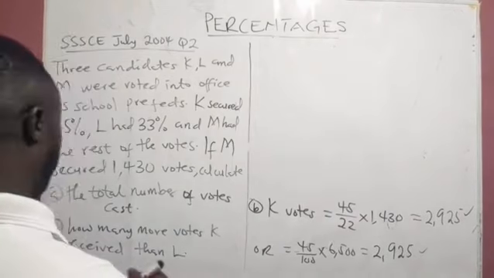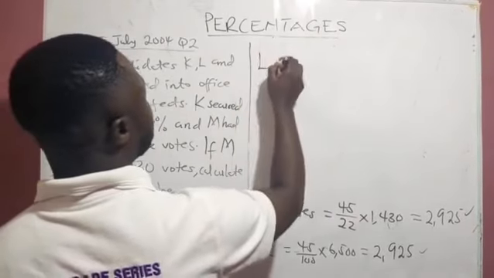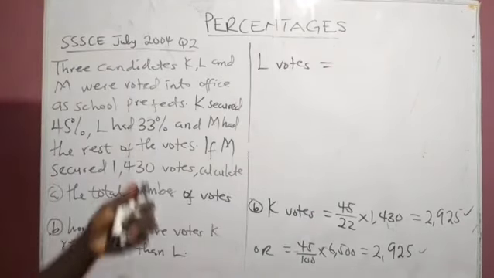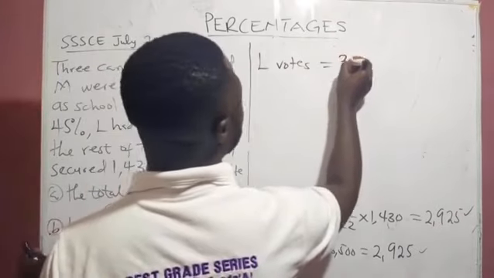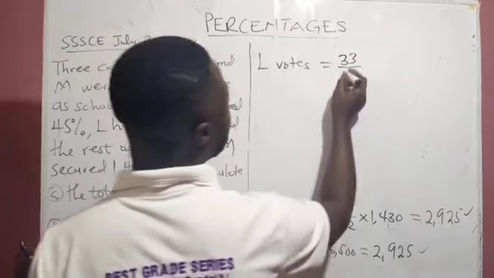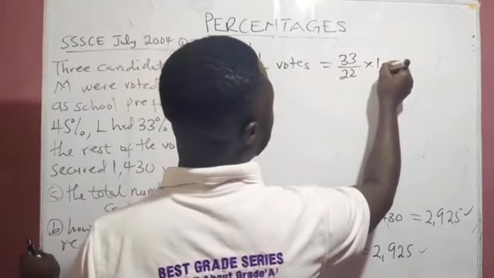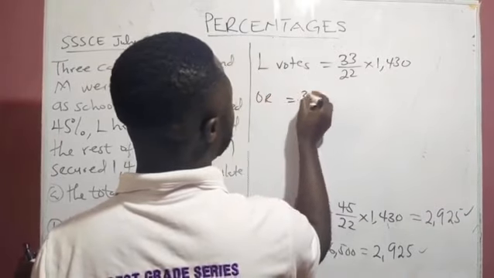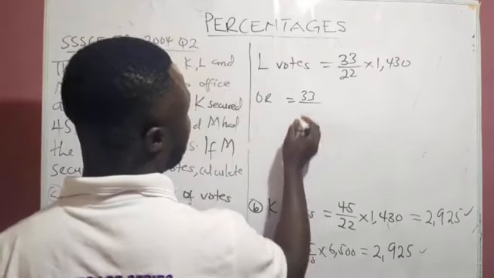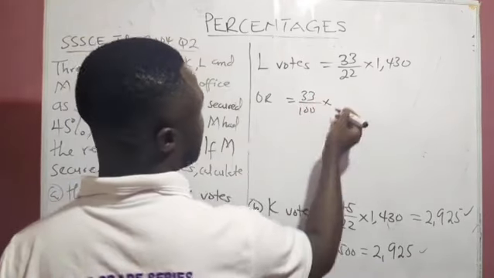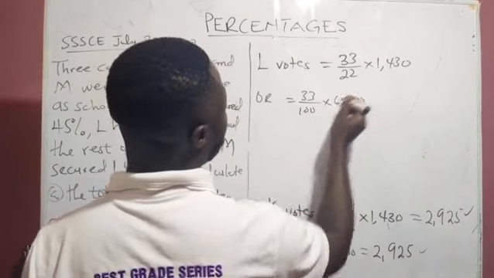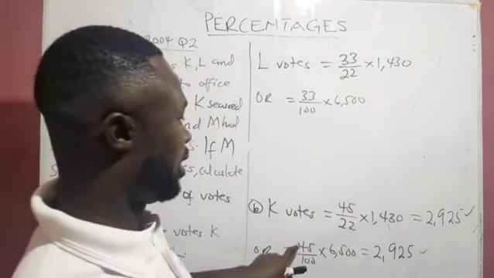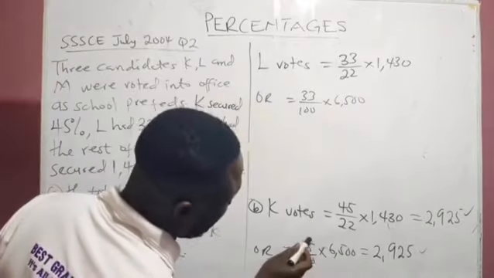L votes. L had how many percent? L had 33. So that can be 33 over 22, which is 1,430. Or if you are using 100, then that is over 100 times 6,500. Do you know that since you have even calculated for the value of K, it means that this 45%